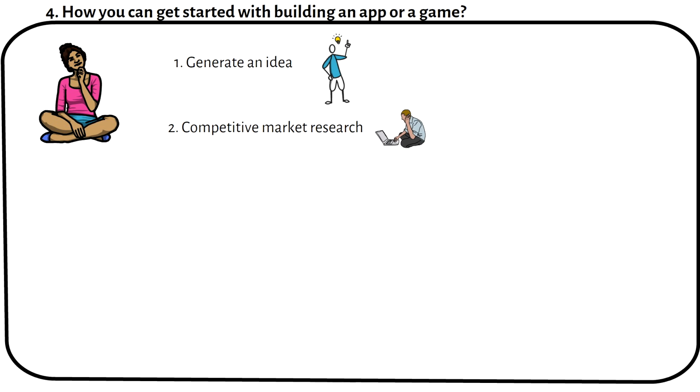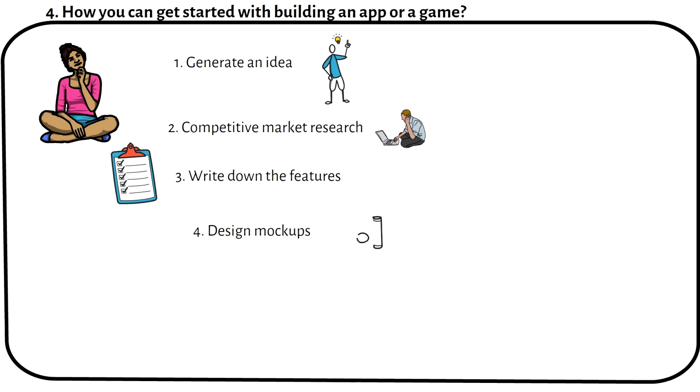If you choose to continue with your idea, you should write down the features of what your app should be able to do. When writing it down, it will be much easier for you to get an overview of what you are missing and keep the overview to remember everything when you start developing. You should make design mock-ups of how your app will look in the end. This will help you a lot to see where you are heading, and again to see if you are missing